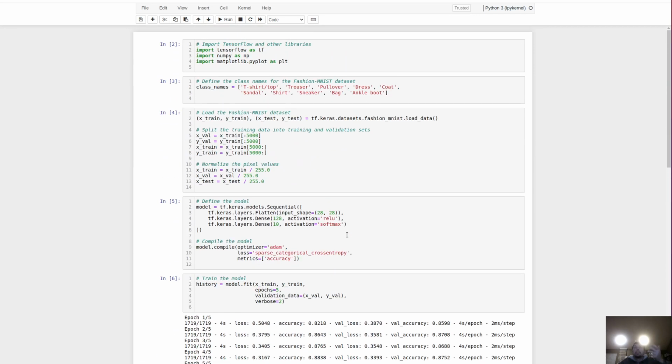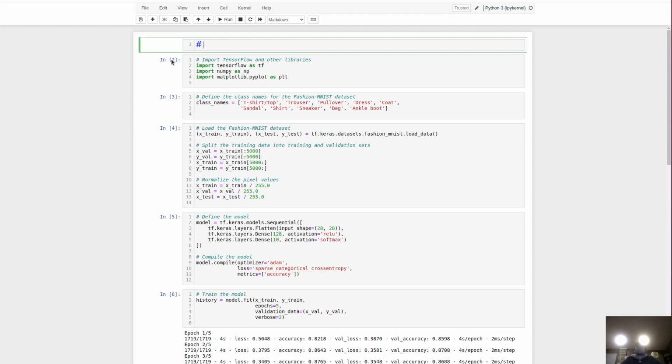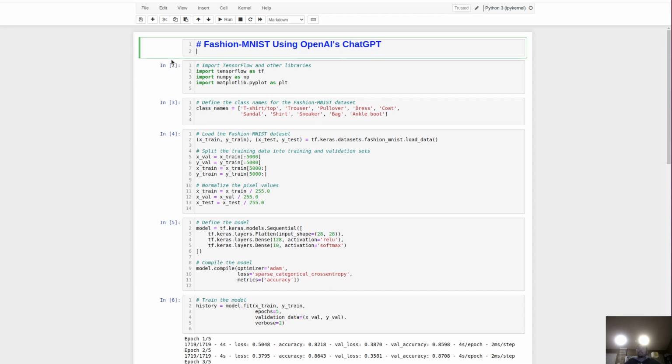Okay. I mean, what more needs to be done here? So, okay, Fashion-MNIST using OpenAI's ChatGPT. I've done this sort of project before, but I wanted to do it using OpenAI's ChatGPT.